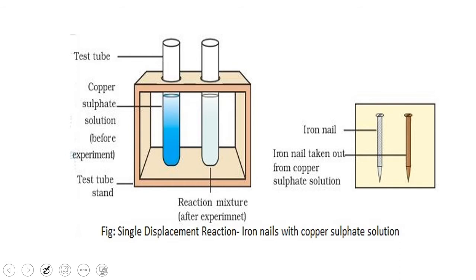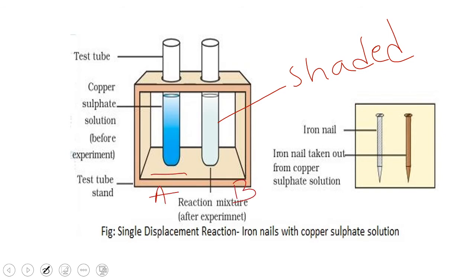After that, what I observed is that in the test tube in which the iron nails were kept, the color was faded. You can easily identify that. These test tubes are named A and B. In test tube B, the color of the copper sulfate solution was faded. It's a little light. And in test tube A, where I didn't use any iron nails, the intensity of the blue color is very sharp. It's dark blue color.